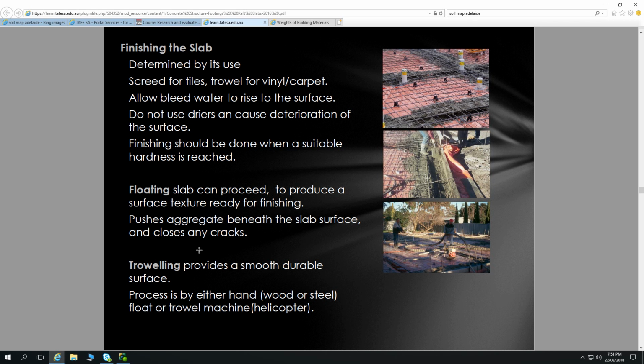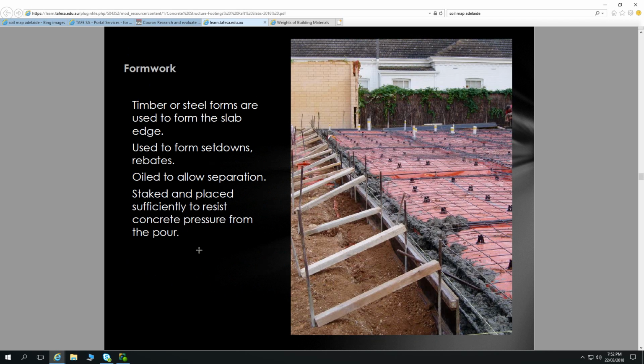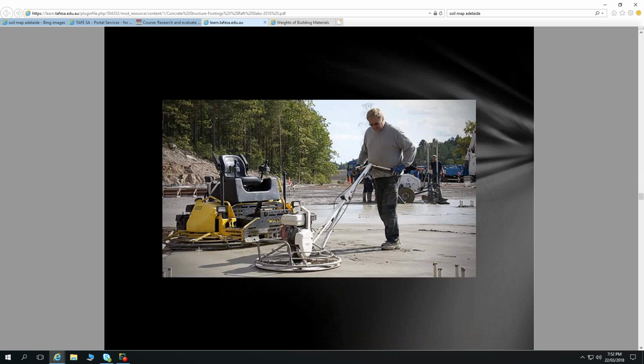So you go checking, and typically when you're doing a slab, the concreters will work at 7 o'clock in the morning. That's their first chance to make noise. If the council allowed you to make noise at 6 o'clock in the morning, they would be there at 6 o'clock in the morning. They want to get there as early on site as they can. The reason for that is because they might have to sit around for 5 or 6 hours before they can do that. And so you get your concrete, and it's a mad dash to get all your concrete in, but then after that, it's a lot of sitting around and waiting,